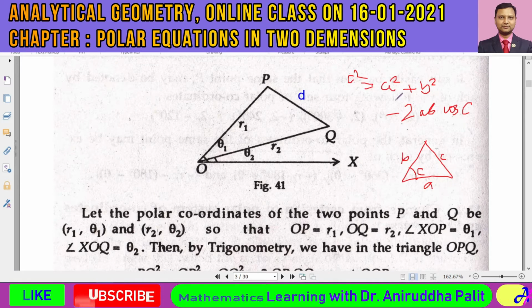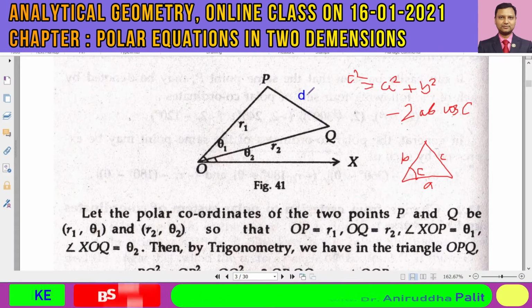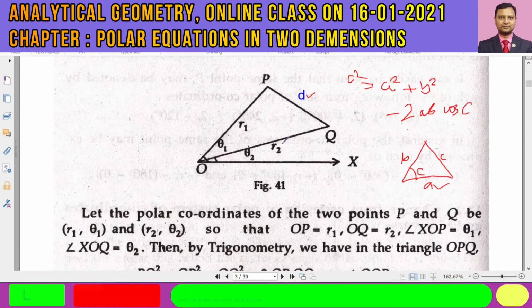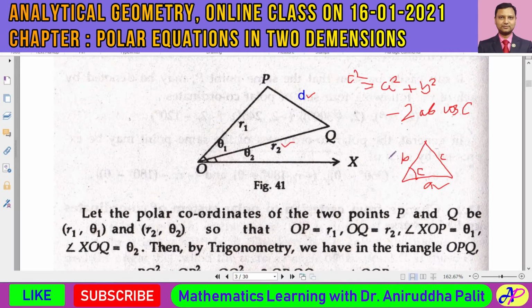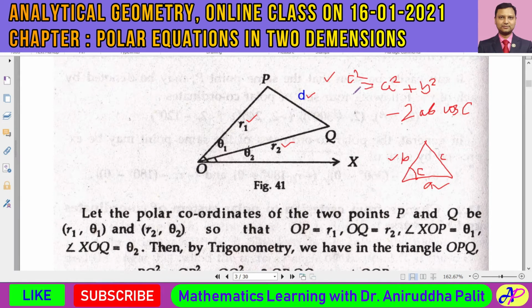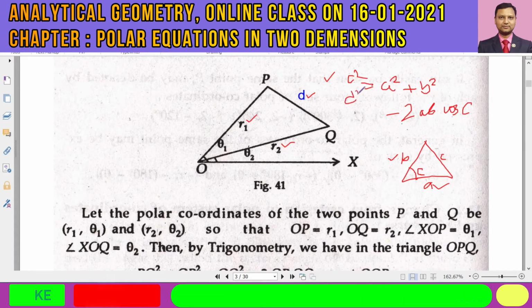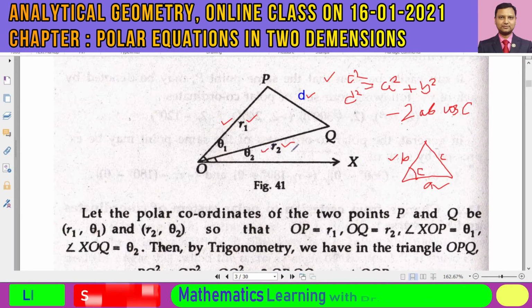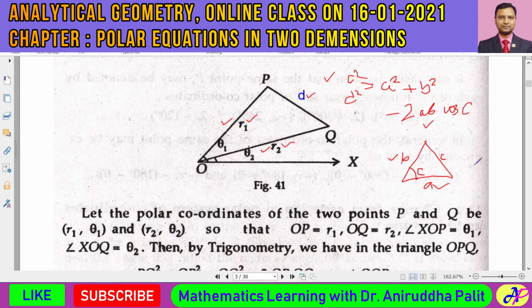So in this way, we can find out the square of this distance C. Over here, in place of C, we have the distance D. In place of this distance A, we have this distance R2, and in place of this distance B, we have this distance R1. So we can apply this formula for this triangle OPQ, and by that formula you will see that d square would come in place of c square. Got it? This d square would be equal to r1 square plus r2 square minus twice r1 r2 cos